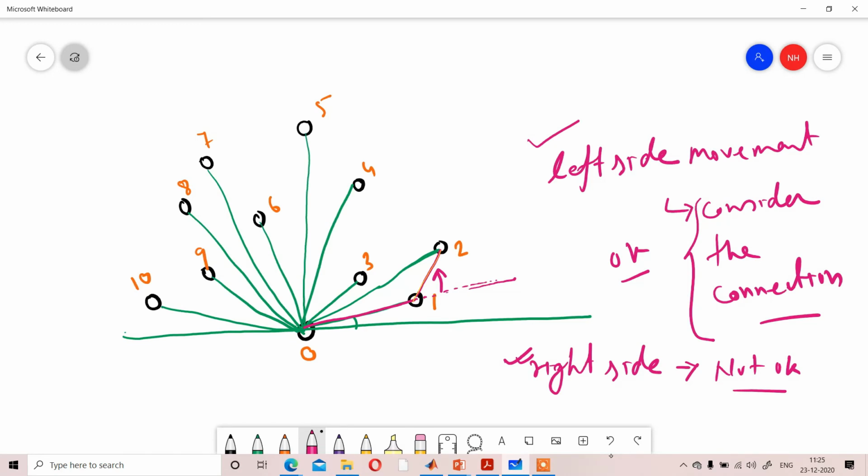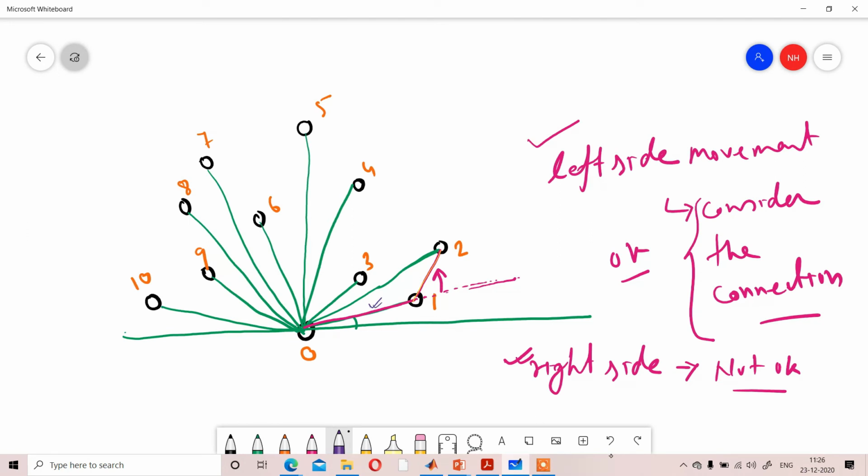First, we are connecting 0 with 1. First connection is okay. You don't need to check. After the first connection, consider the second connection 1 to 2. Now whenever we are connecting 1 to 2, movement was the straight line like that and we are moving to the left side of that straight line. If we are moving to the left side, so previous connection is okay, means that connection is okay.